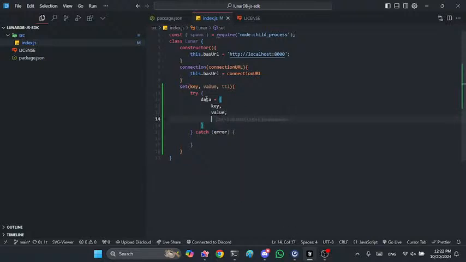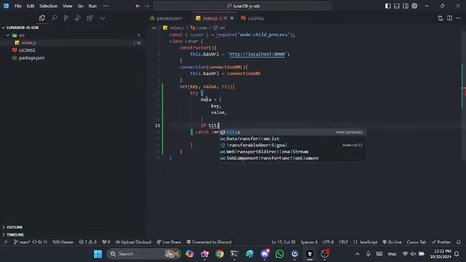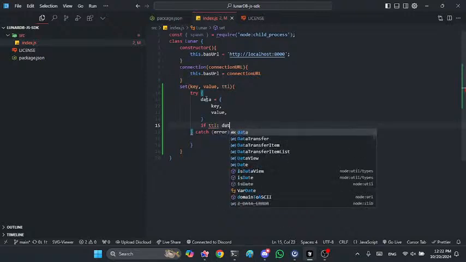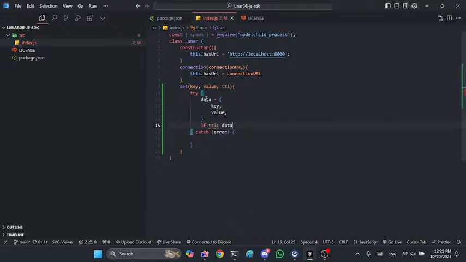So for the TTL, this would be something else. So here, if TTL, then data dot